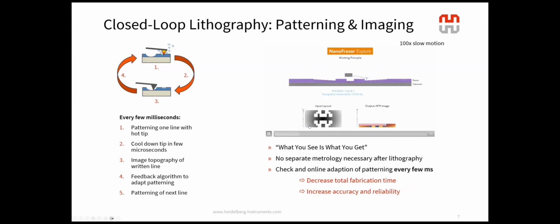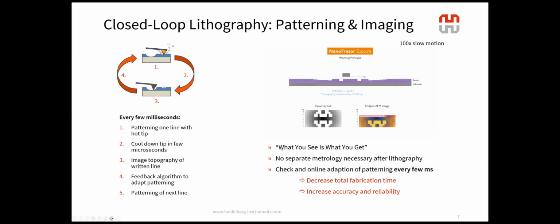When we are dealing with darker pixels, we pattern deeper, and for white pixels we do not pattern. Then we read the line. During every line read, if we are using the feedback, it can adapt and optimize the force parameters that bend our cantilever to match the target topography with the measured topography. So this is a very powerful tool.